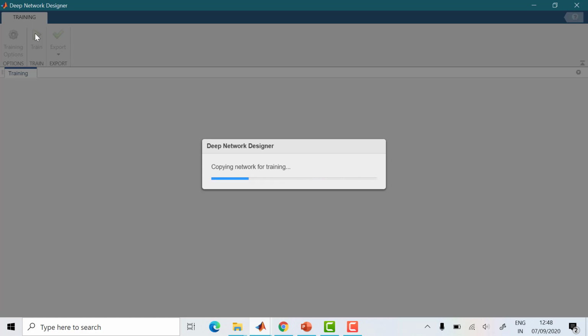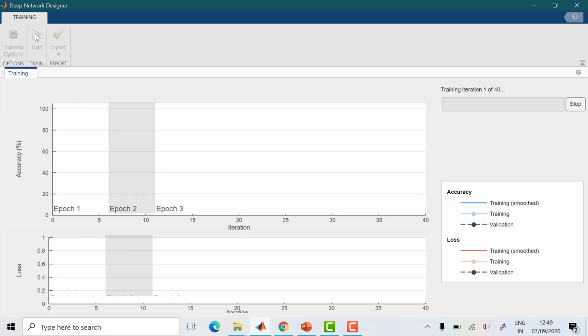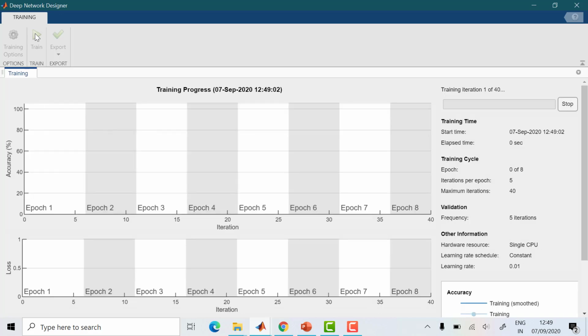So what you have to do first, you have to download the data and keep it, the images. Second, you have to select the layer, which is AlexNet or GoogleNet or whatever may be. Check the input size, image input size, check the fully connected layer and change the classification layer. So these three things you have to change in the design. And now the training will be starting.